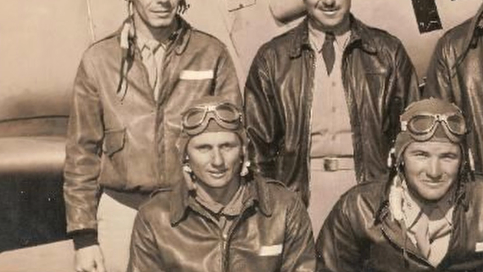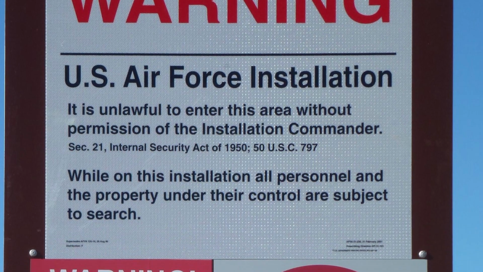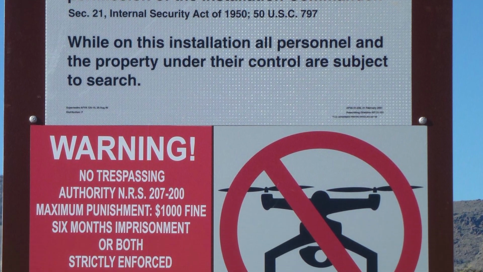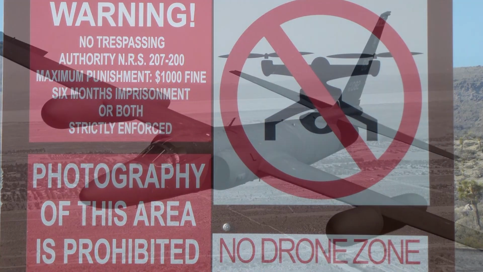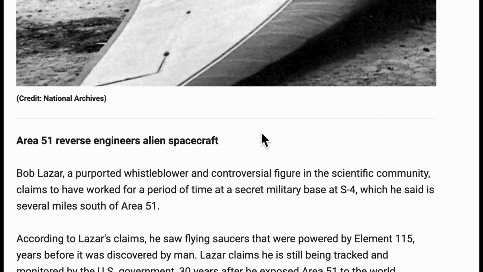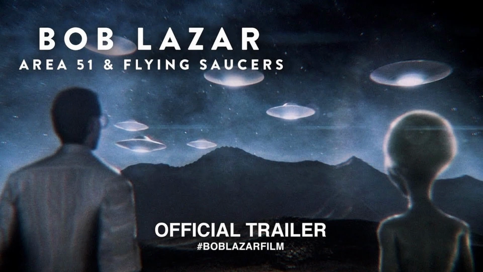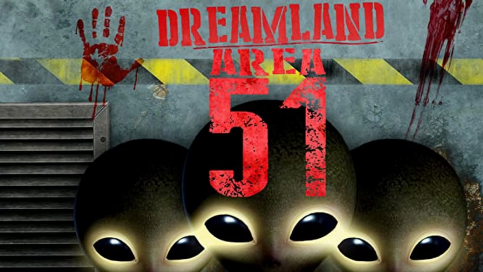It started life as a pilot training base during World War II, and today it's a classified USAF facility. Following the war, the CIA used it for testing and development of the U-2 spy plane. It gained notoriety in 1989 when Bob Lazar claimed to have worked there and was contracted to work on captured alien technology. These claims inspired a slew of conspiracy theories and documentary films exploring these ideas about Area 51's purpose